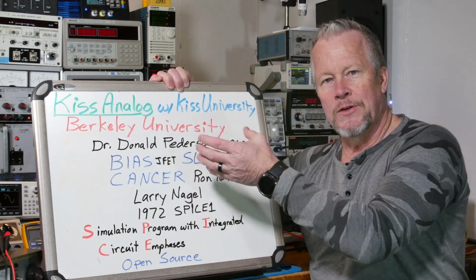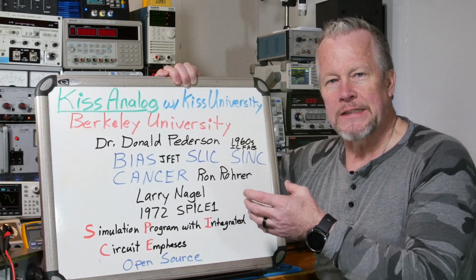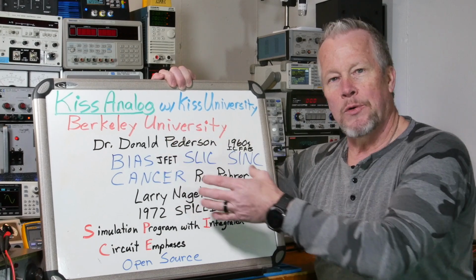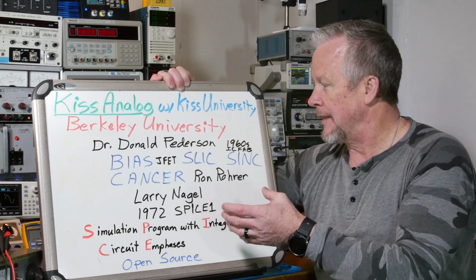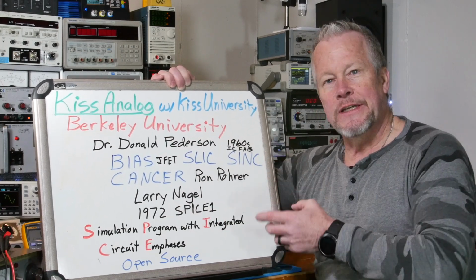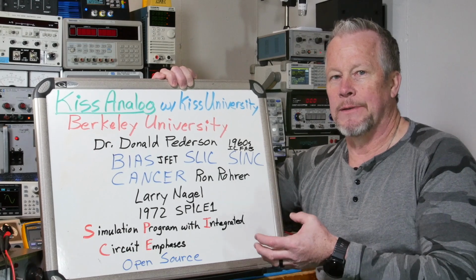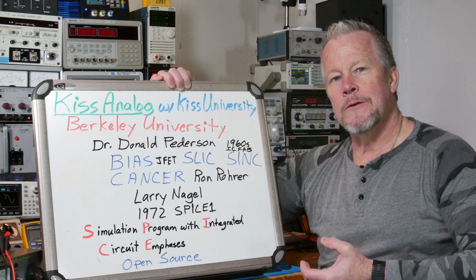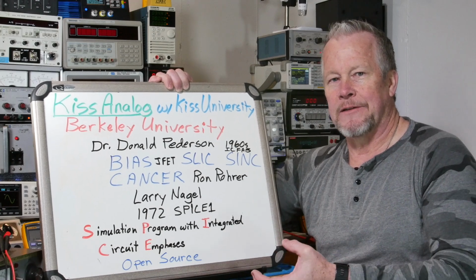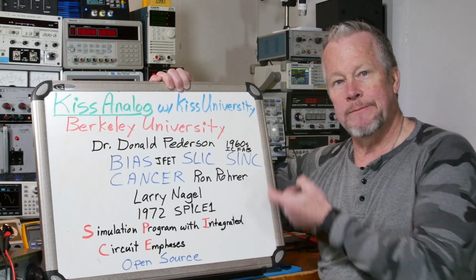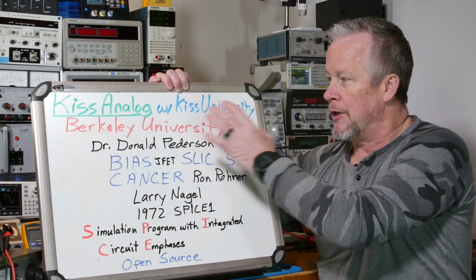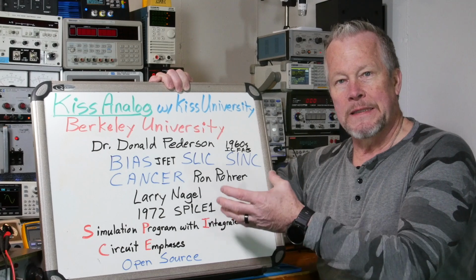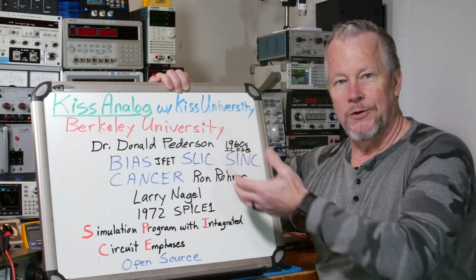So he got involved trying to understand the transistor and doing the equations and computer programming for that, and they wrote some programs and they were really successful at that. In the 1960s, he actually developed an IC fabrication lab at the university. A lot of people in the industry, other universities, thought he was nuts. They didn't think it was possible to do that at a university, but he did. And so it helped that university develop a lot of work, because they could actually fabricate what they're doing and